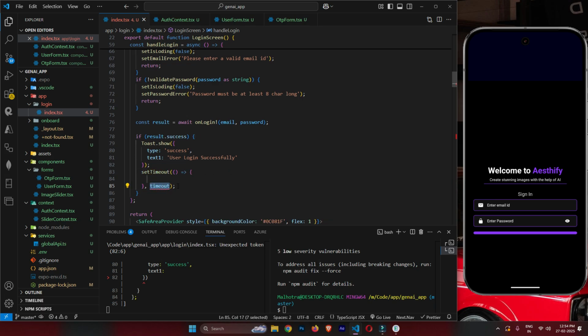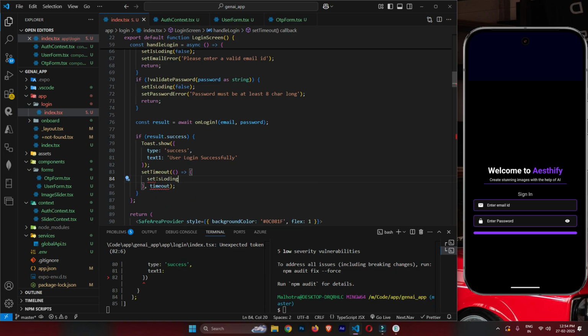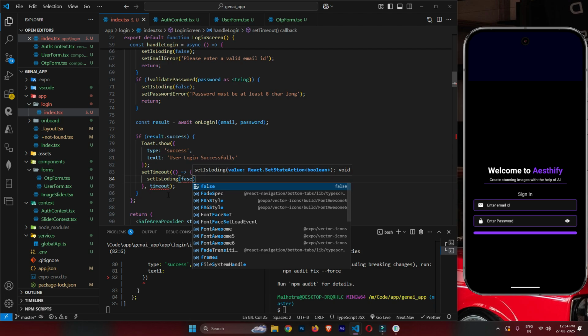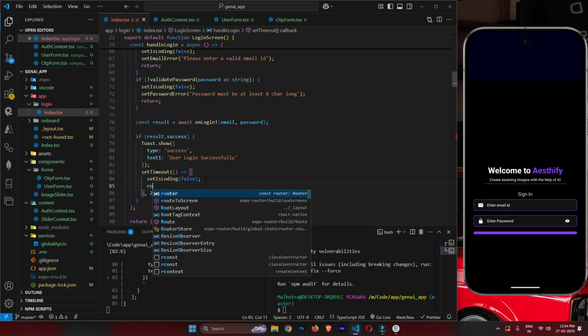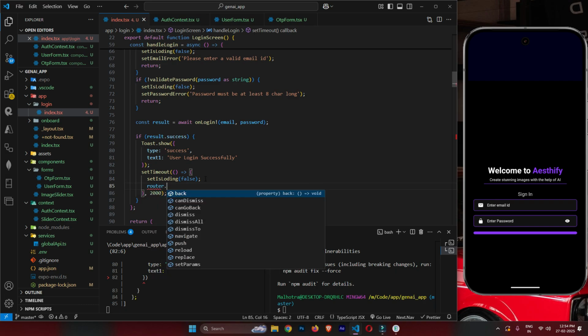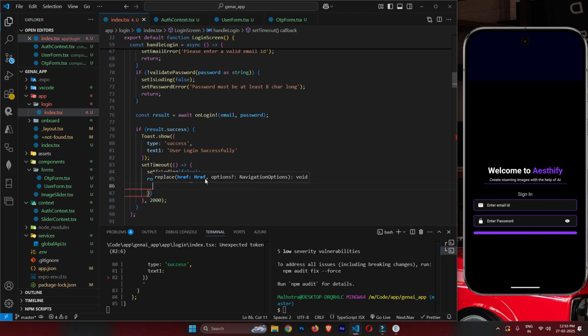So in this timeout we can say set is loading false after the timeout. We will show a loading a little bit. We will make it 2 seconds, 2000, and then we will redirect the user, router dot replace. We will use the replace, we will not use the redirect. Or I will say path name will be